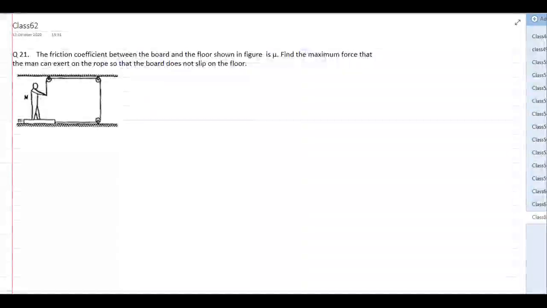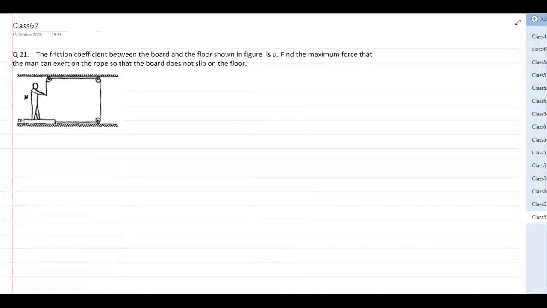So what is this question? So this question is, the friction coefficient between the board and the floor shown in the figure is mu. Find the maximum force that the man can exert on the rope so that the board does not slip on the floor. Okay, so this is one kind of experiment, and you can find this kind of experiment in